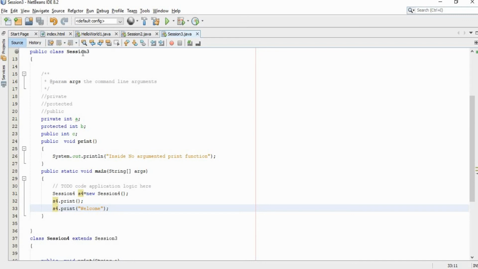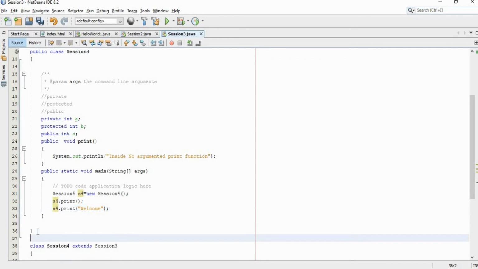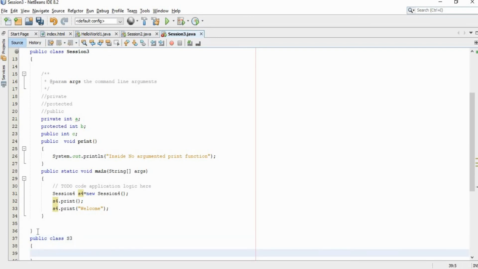Whereas to implement multiple inheritance, we need to create another base class, public class S3, right? So session 3 is one base class, S3 is another base class.